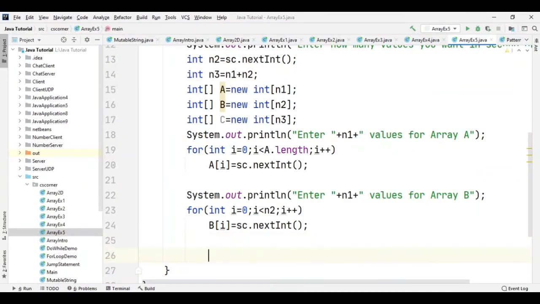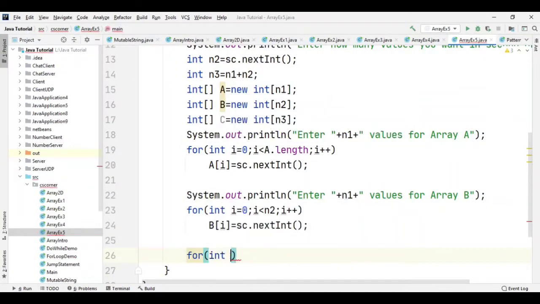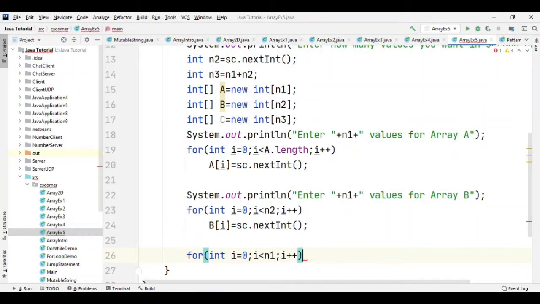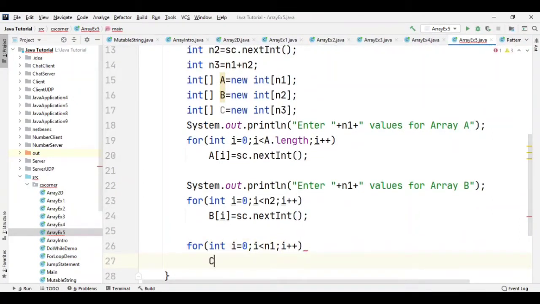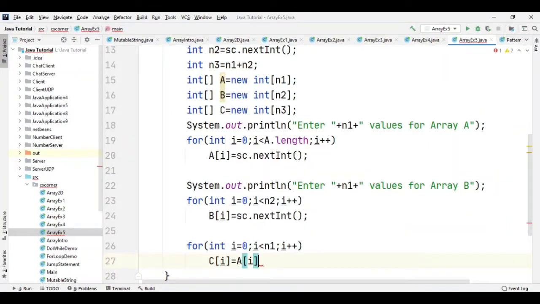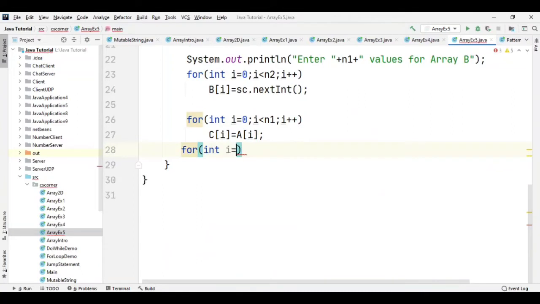Here I'll start one for loop for copying values of the first array to my C array, that is, array A to C array. So what I'm writing is c[i] equal to a[i]. It will take each individual element from array A and assign it to array C. Now I'm writing the same loop for my second array.